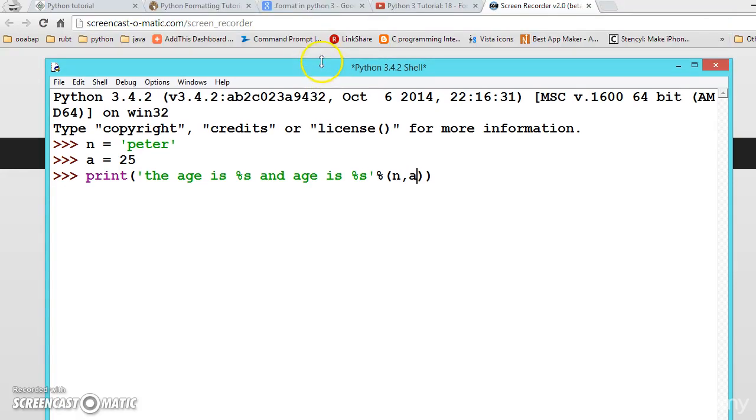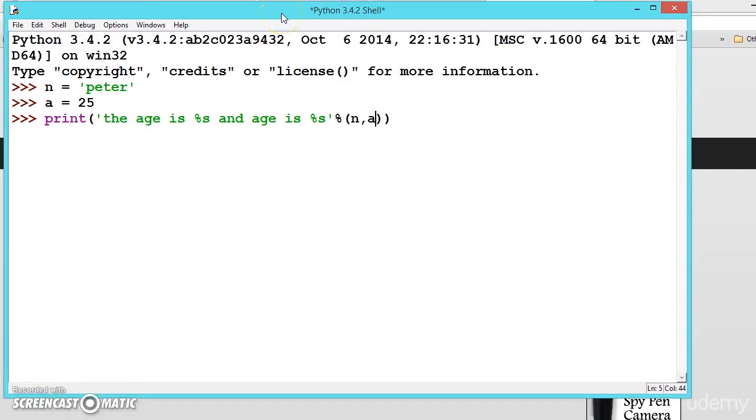So we have seen how to format using the print. There is one more function called dot format, which has more advantages than using these format specifiers, the percentage symbol. Suppose this will output like this. Suppose we want this format specifier to collect the data from the second one and this one from the first one. It is not possible using this. So for that there is a function called dot format, and you can do more things in the dot format function.